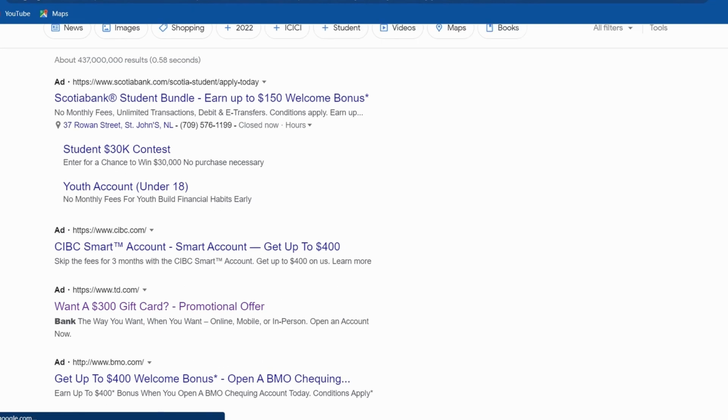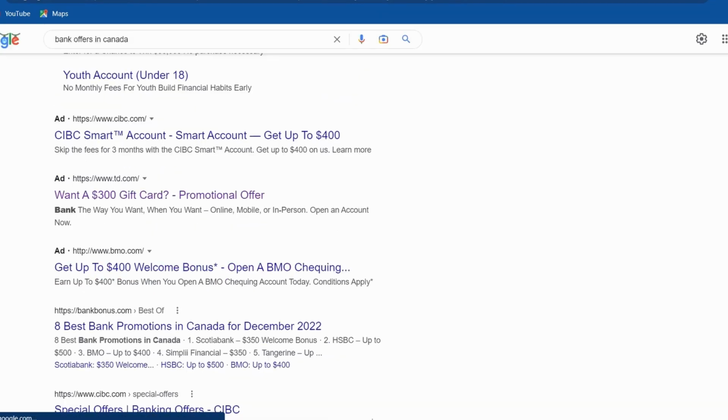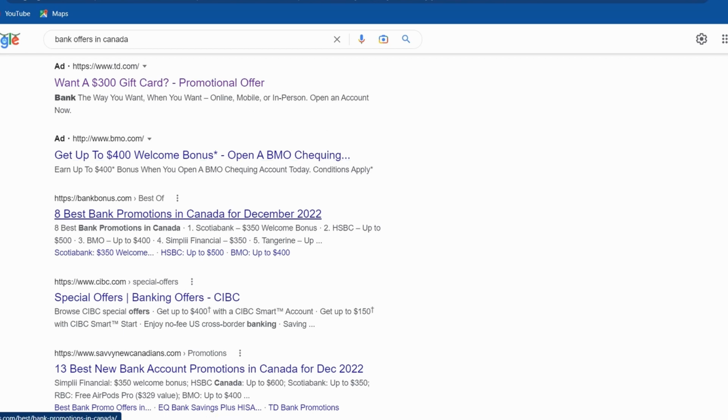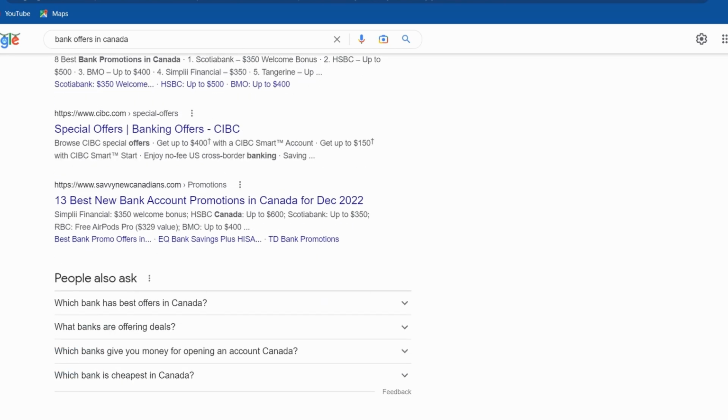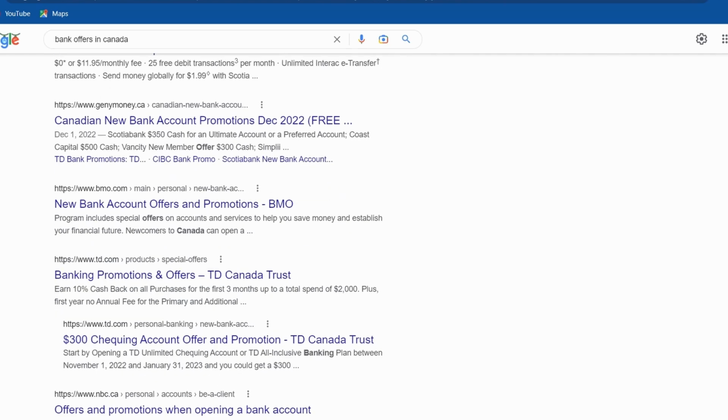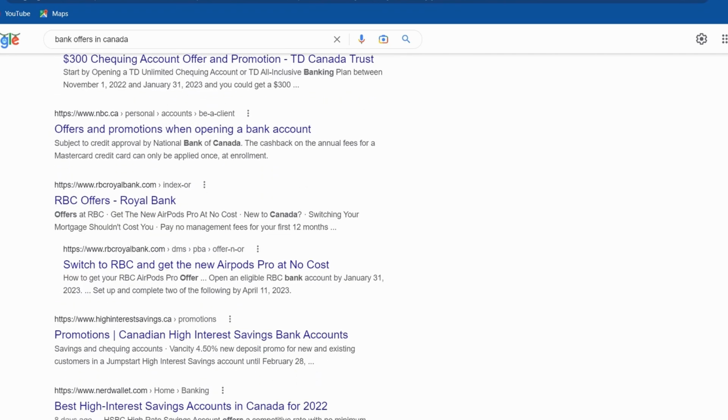So you guys would be wondering how to get to know about the offers, right? It's not a big deal, guys. You can search in Google, like bank account offers in Canada. So you come to know about all the banks which are offering the offers and all those details. Some banks offer money straight away, some banks offer a gift card, something like an Amazon gift card. Some banks like RBC sometimes offer an iPad.